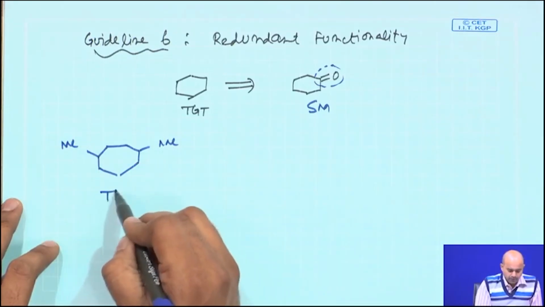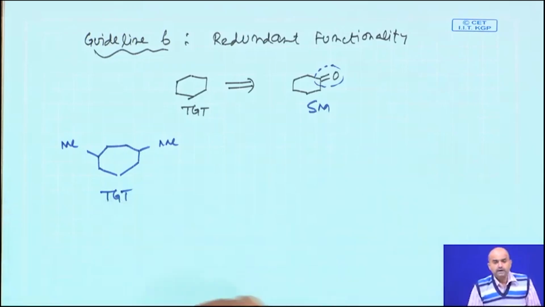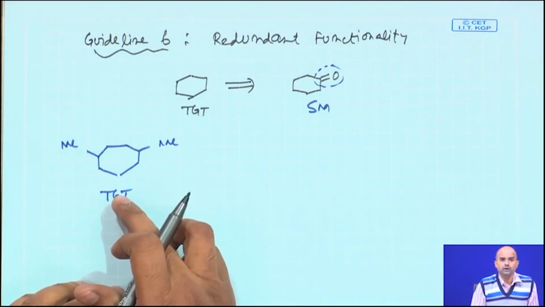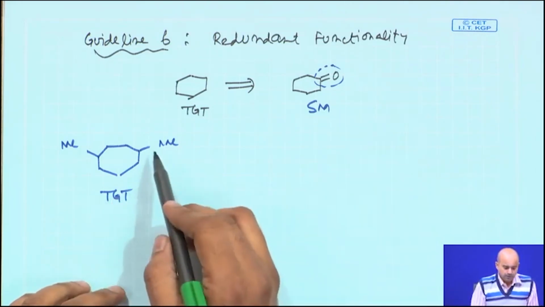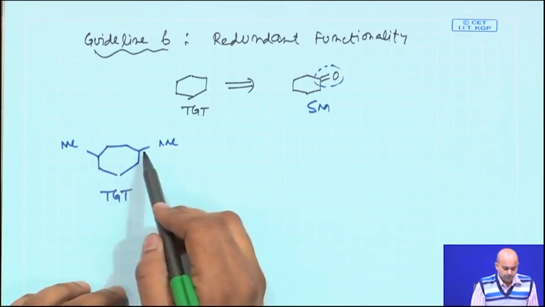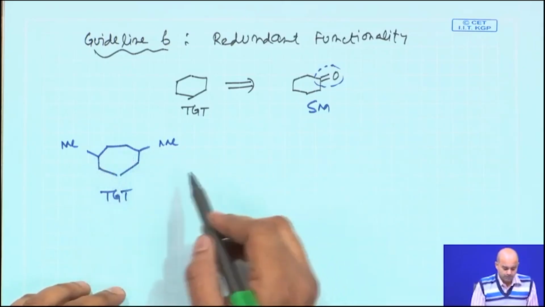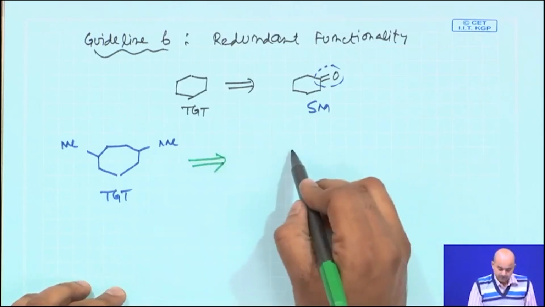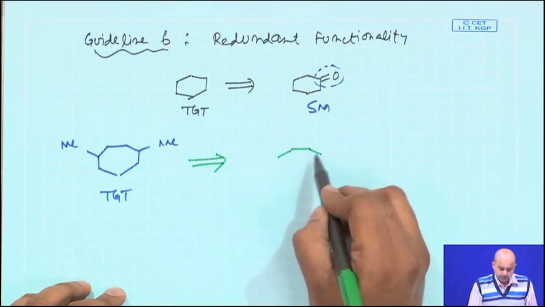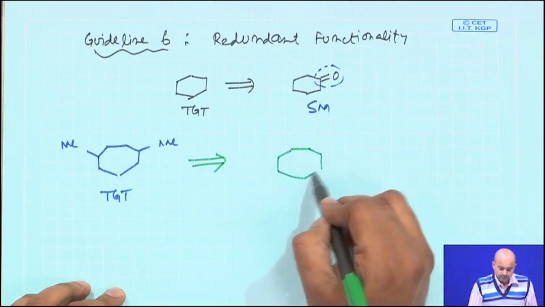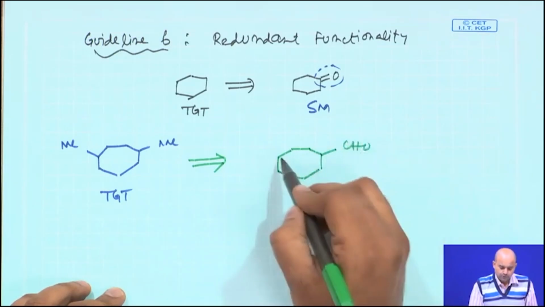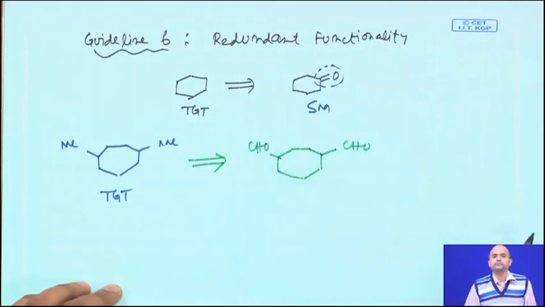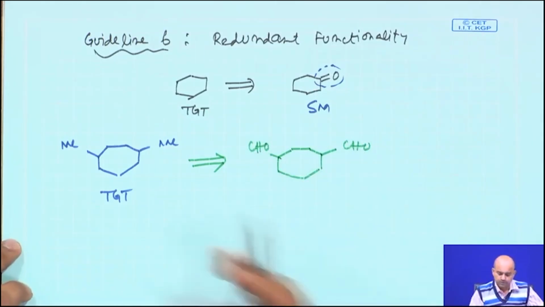and normally when we are discussing this redundant functionality, you always find that the final target molecule may not have an active functional group. Now, this compound is purely a hydrocarbon, the target molecule, and you see there are only 2 methyl appendages at the 1,4 positions in a cycloheptane framework. So, we will explore the redundant functionality by introducing a CHO group. We say that the CHO group can be converted to the corresponding methyl group by the transformation